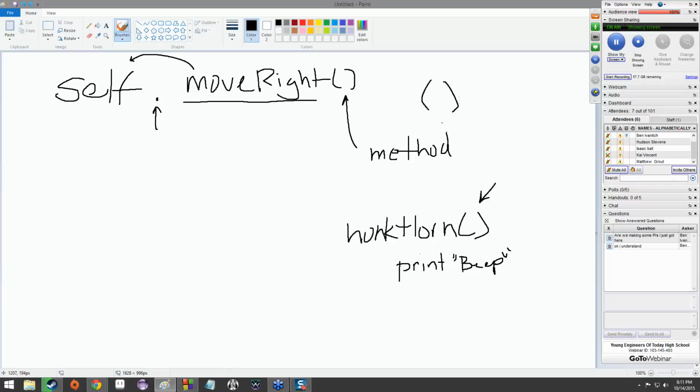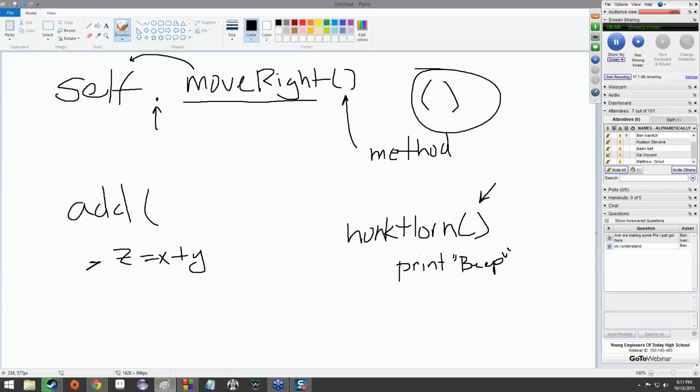We also went into the reason why those parentheses exist with parameters. And the example I used was add. So again, we have add, and we have something like z equals x plus y. So we know z is a variable. Z got declared here. X and y may have been declared here, but that gives us a problem. We don't know what x and y are. We just declared them. They could be filled with nothing. They could be filled with garbage.